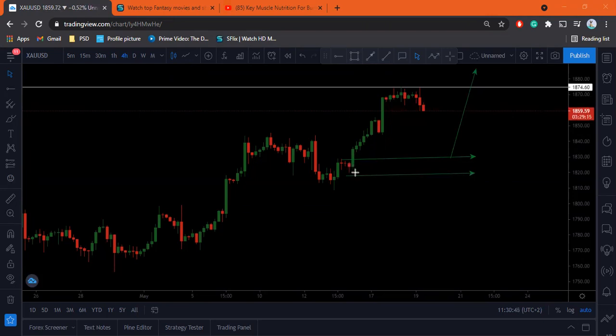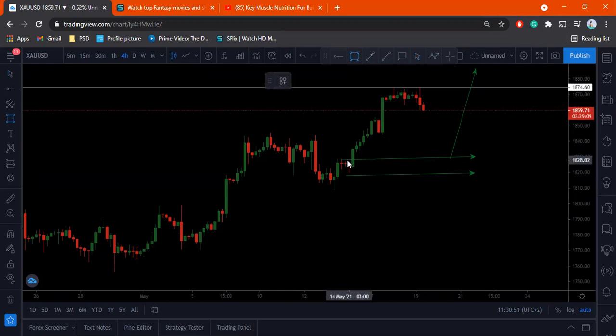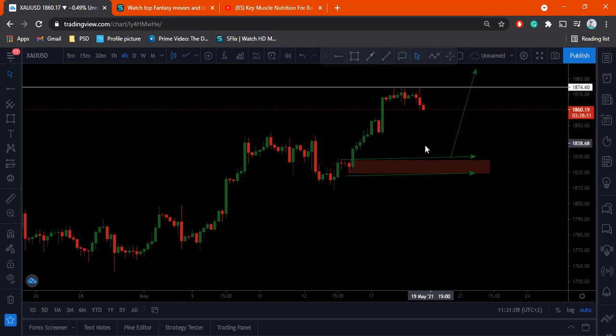Because what I would say for other people, I would say highlight this candle, because this is our last candle. So when you highlight that candle, yes, you want to see price dipping into this area, but coming back to close above the area. So the moment it dips into the area and closes above, that's your confirmation that price is now